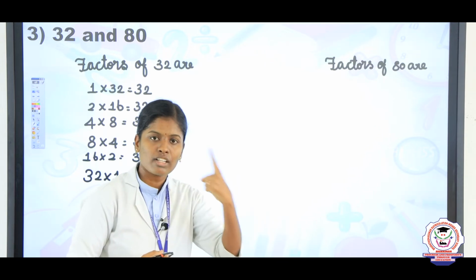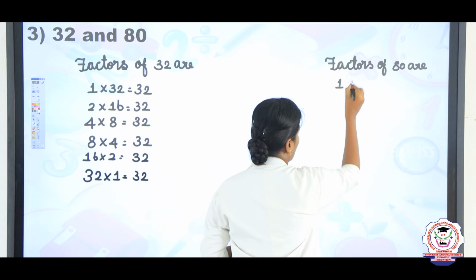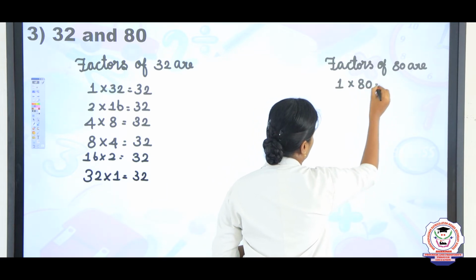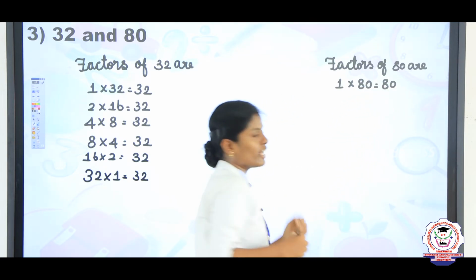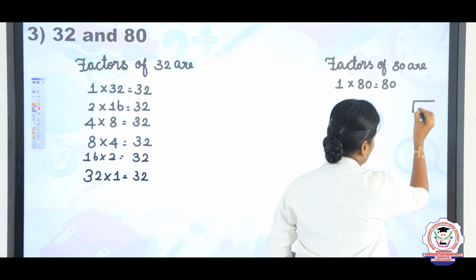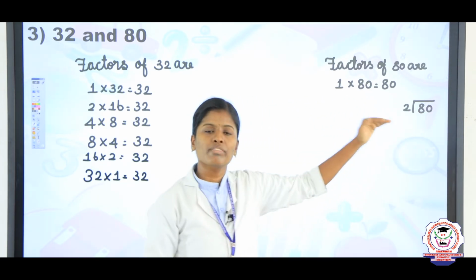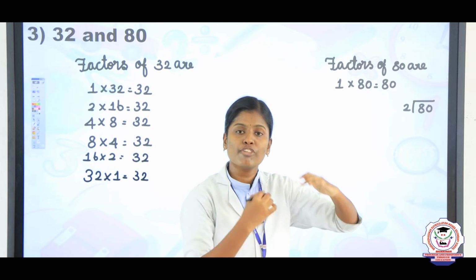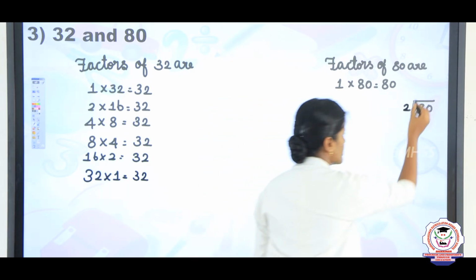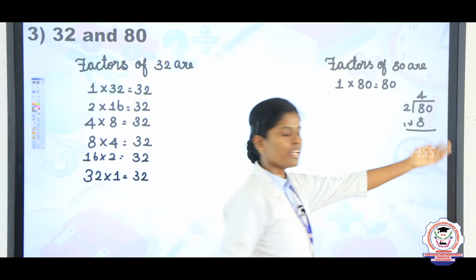So, the first factor is 1 80s are 80. So, write the answer 1 80s are 80 and then take the 2 table and divide 80 by 2. Take 2 and divide it into 8. So, how many times? 4 twos are 8. Write the answer 4 twos are 8. Now, 8 minus 8 is 0.